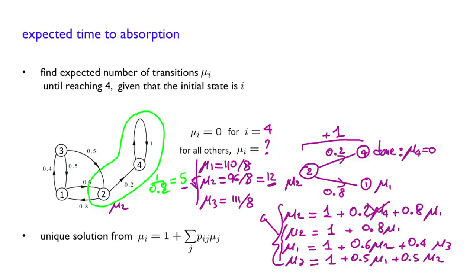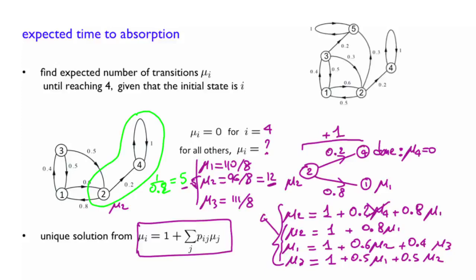And in general, if you have a general Markov chain with transient states and one absorbing state, and you are asking yourself what is the expected time to absorption to that unique absorbing state, it will be the unique solution of the system of equations given here, where the Pij are the transition probabilities of your Markov chain. Now, we have seen how to solve this problem when we have one unique absorbing state. What happens if you have more than one absorbing state? Like, for example, in this case.